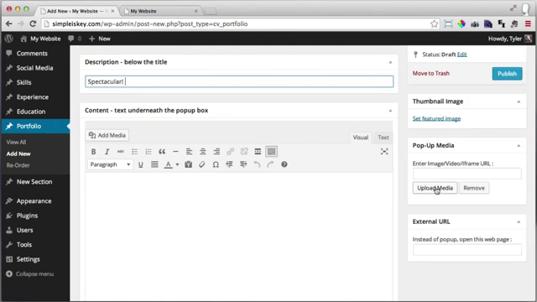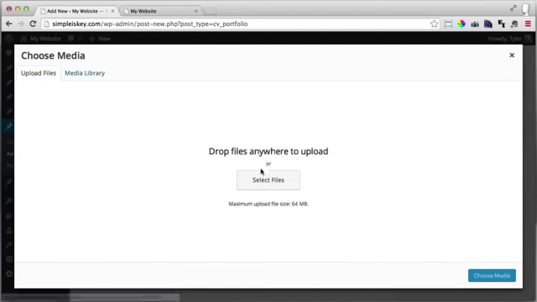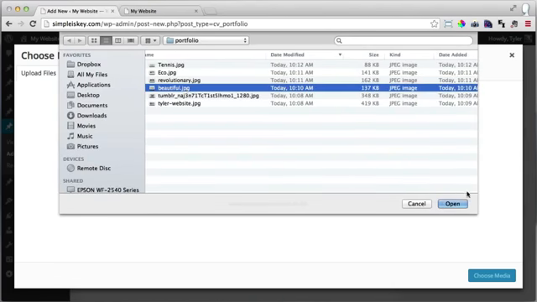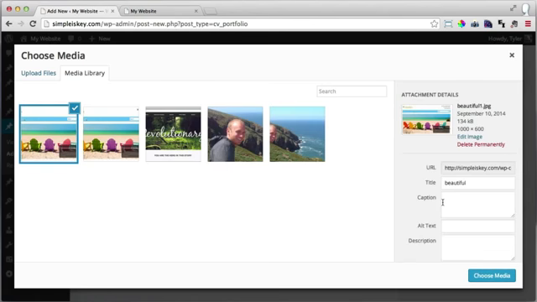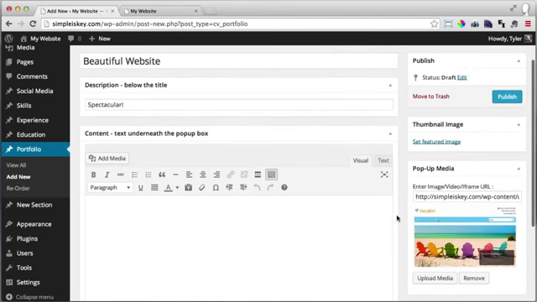So I'm gonna upload media, go to upload files, select files, and click on my beautiful image and press choose media. All right, once we do that, we can then press publish,